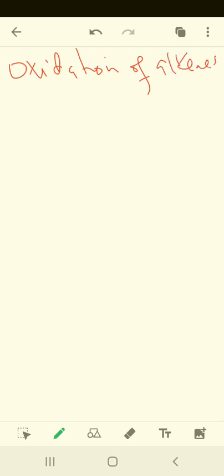Okay, now let us look at oxidation of alkenes. We are going to look at two reactions. The first reaction is when we add acidified or alkaline potassium permanganate to a solution of an alkene. So let us look at oxidation number one, which is addition